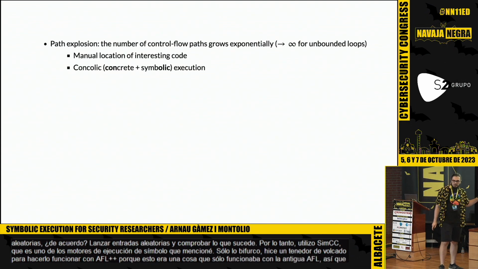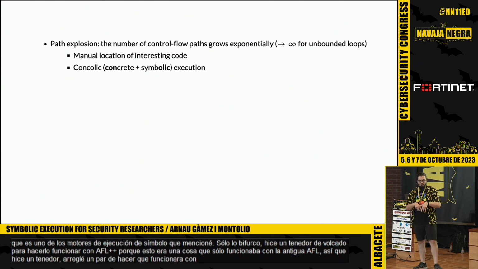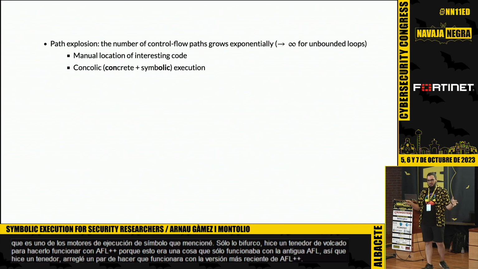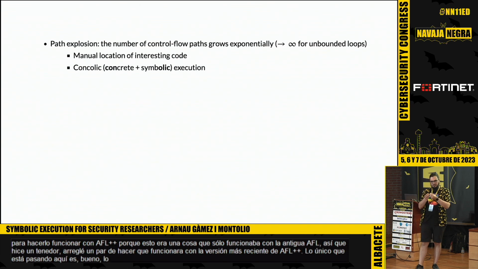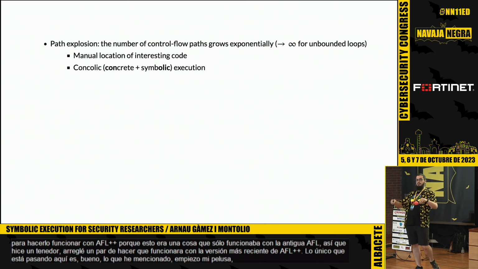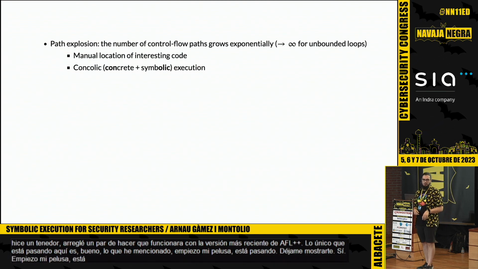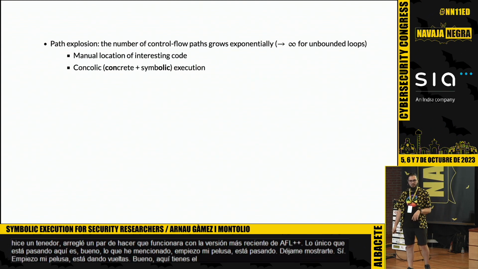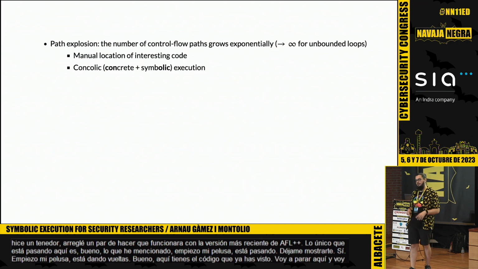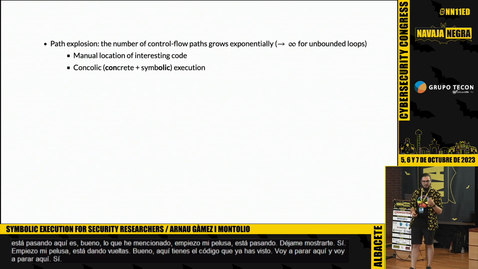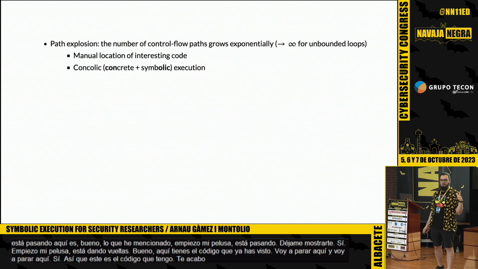Mostly path explosion. If you're not familiar with that, this is essentially what happens when you have a number of control flow paths that grows exponentially. You want to symbolically execute something that keeps having different paths, and every time you get a new path, you have to fork all your state. So it can very, very fast go to path explosion. And you have loops where you don't have any bounds on the loop or where it will stop. It can be complicated. For that, the best thing that you can do is manually locate interesting